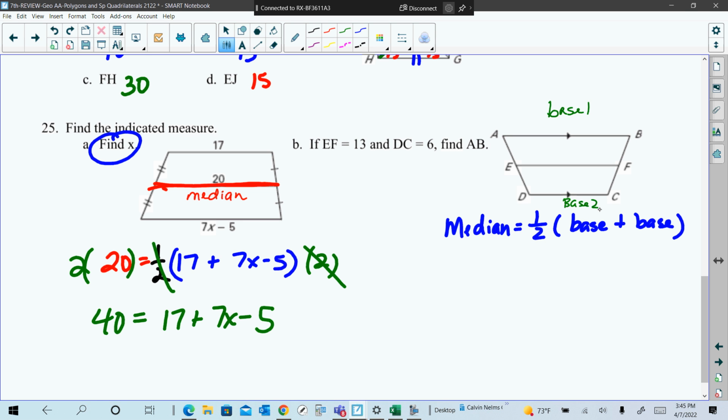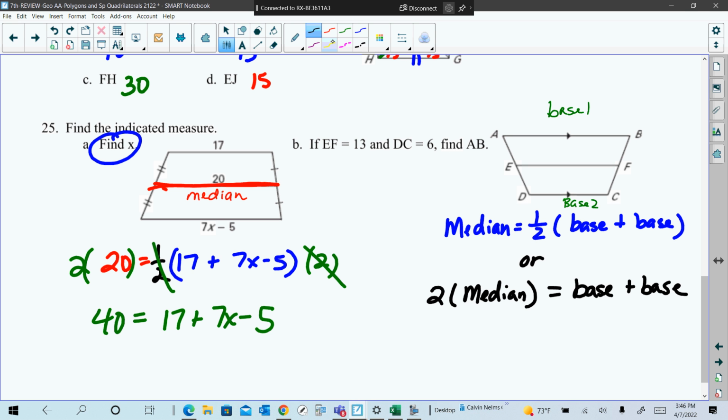Now, another way of writing this formula, instead of saying 1/2 times, to get rid of that fraction, is to multiply everything by 2. So another way to do the formula is if I double the median, 2 times the median, it is going to equal base plus base. Okay, so I can see that relationship here on